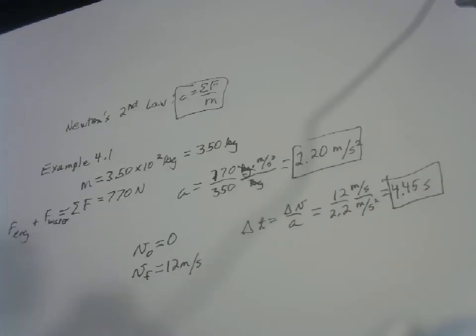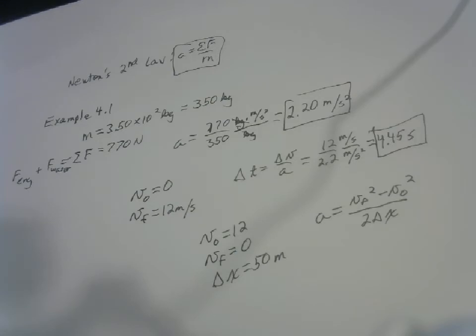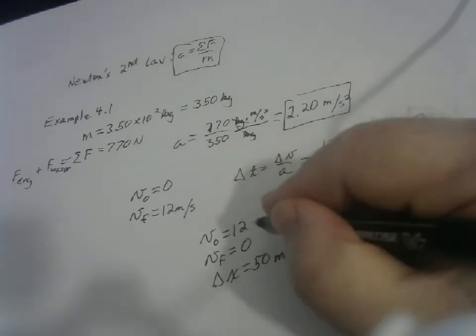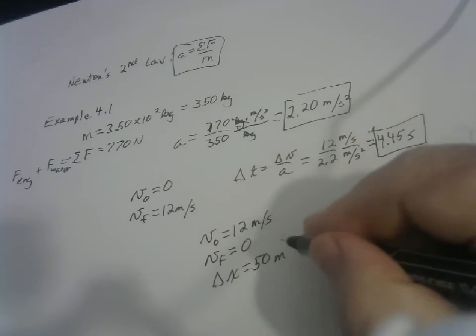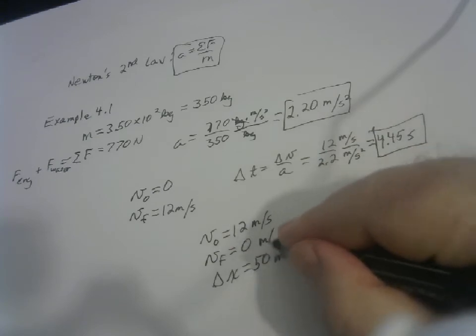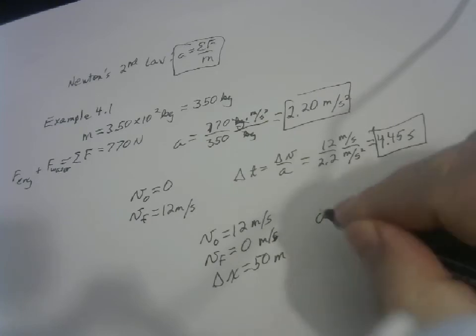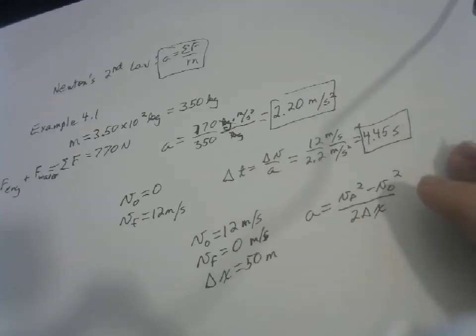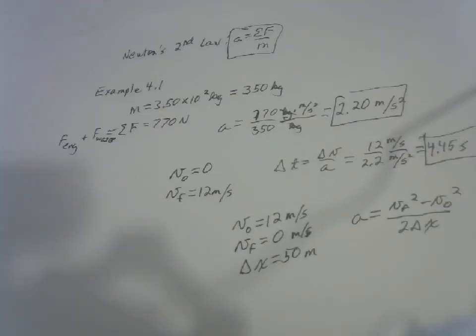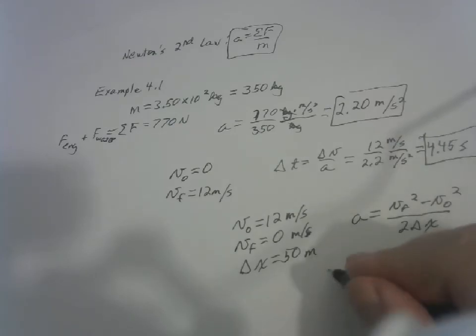Part C says after reaching that speed, the pilot turns off the engine and drifts to a stop over a distance of 50 meters. With that information, we were at 12 meters per second. We came to a stop, 0 meters per second. In a distance of 50 meters, we can calculate what the acceleration must have been. And there's only one applied force here, the force of the water